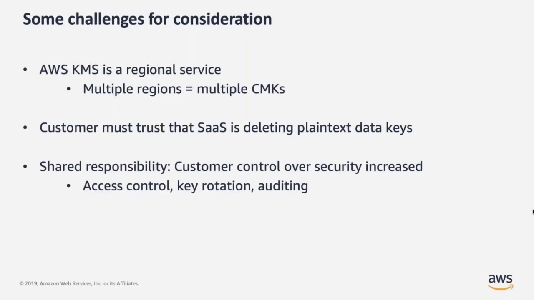And then finally, for my part of the presentation, I want to talk about a few challenges with this architecture that should be considered. So first, KMS is a regional service. So a request has to come from a call from the same region that the CMK exists in. If you think about the AWS console, you set your region when you're setting up your console and your config. So that region needs to match the region of the CMK, and it will not allow decryption